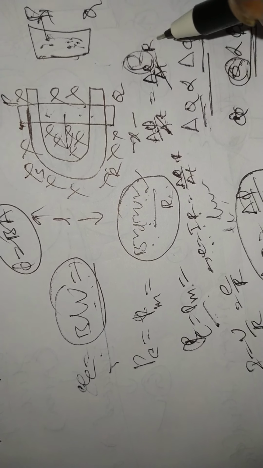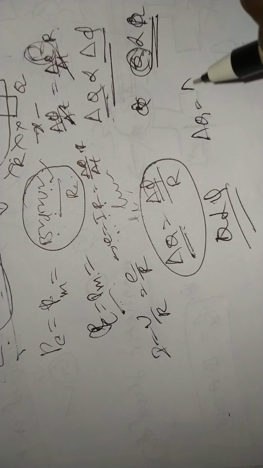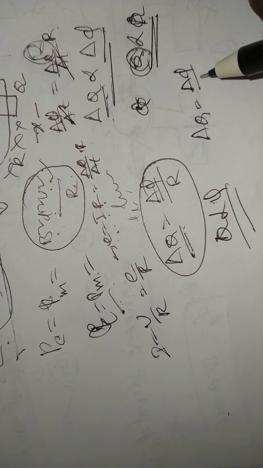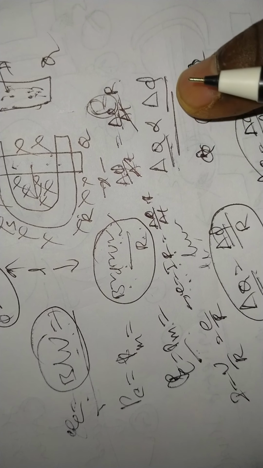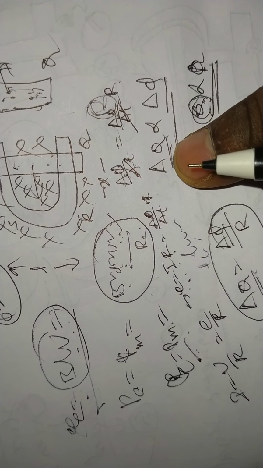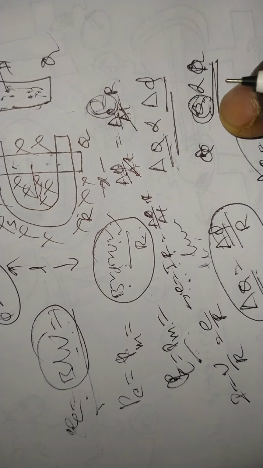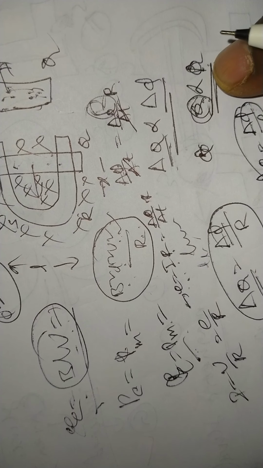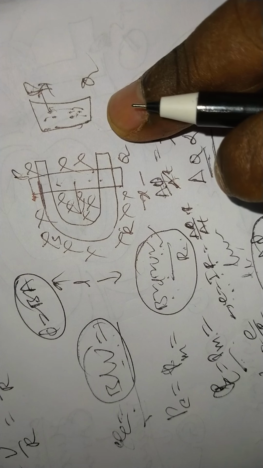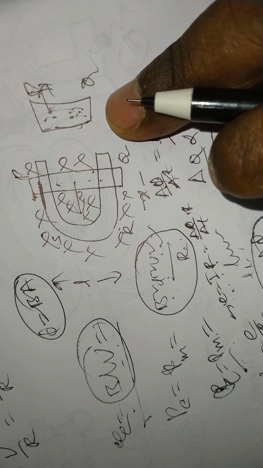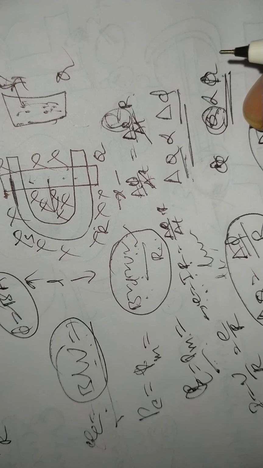So dQ is equal to d phi by R. That is the relation: d phi is proportional to dQ. That is the relation between the charge carriers and flux. That is, flux depends upon the number of charge carriers. Suppose the copper rod has 20, 50, 30 charge carriers, the flux depends upon the number of charge carriers.